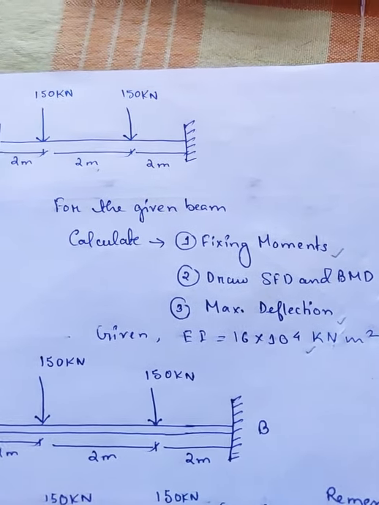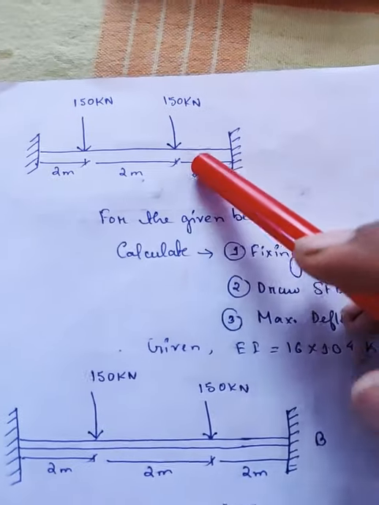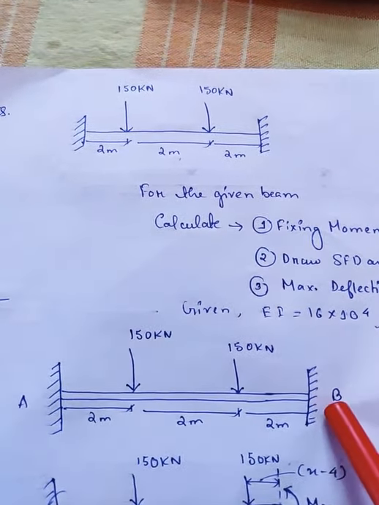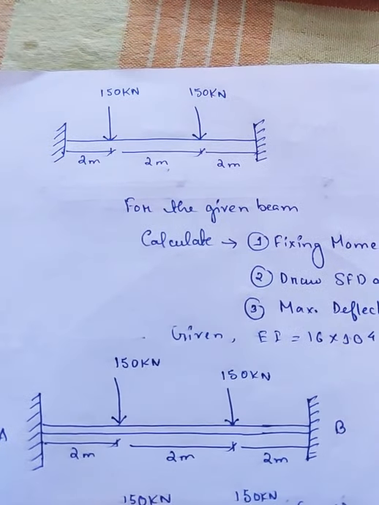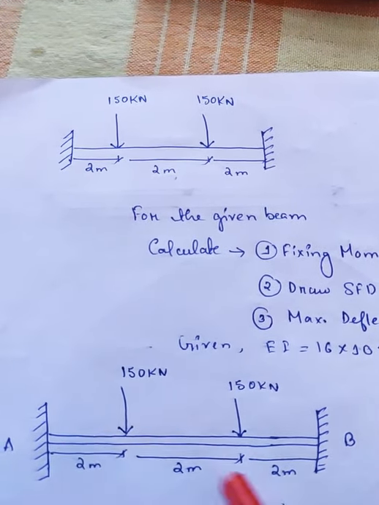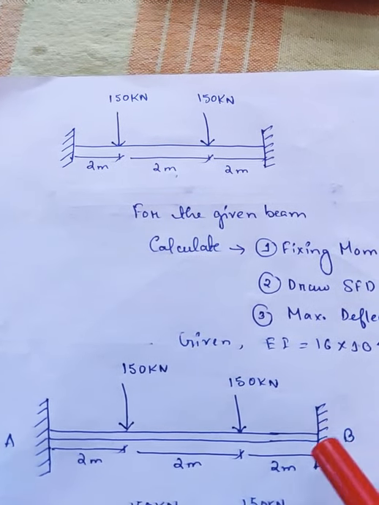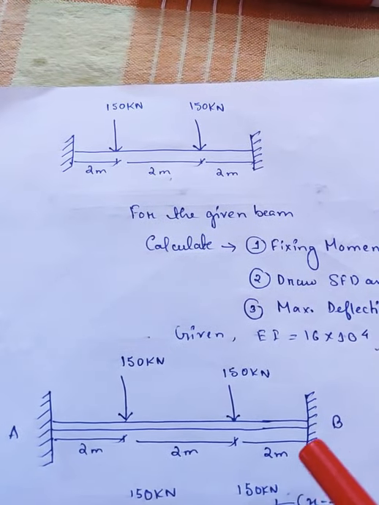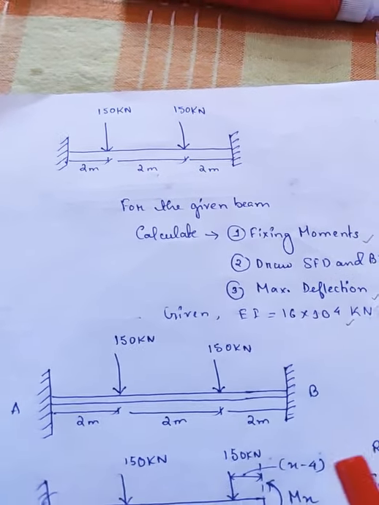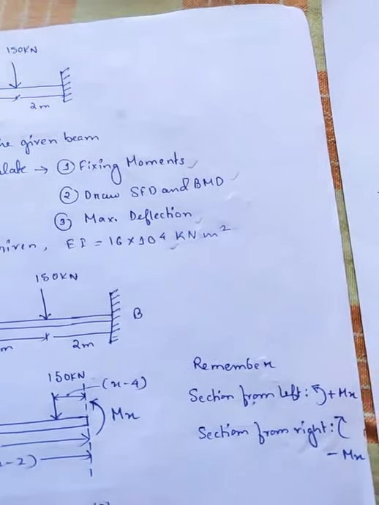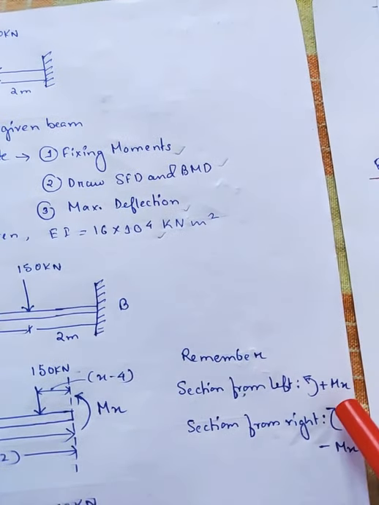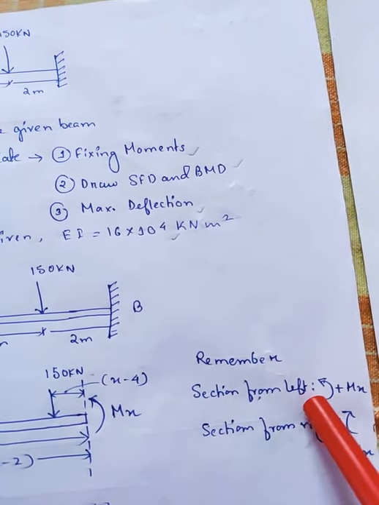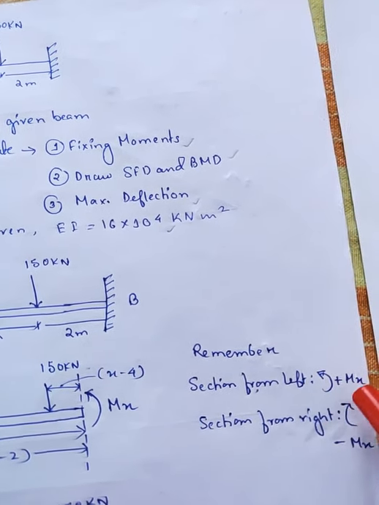At first, what we need to do, I have drawn the same diagram here, naming it as AB. First, we need to consider a section of it. You can take the section either from the right end or from the left end. If you take the section from the right end, then as you can see here, it will be clockwise and the end moment will be negative. And if we take the section from the left end, it will be anti-clockwise and the moment will be